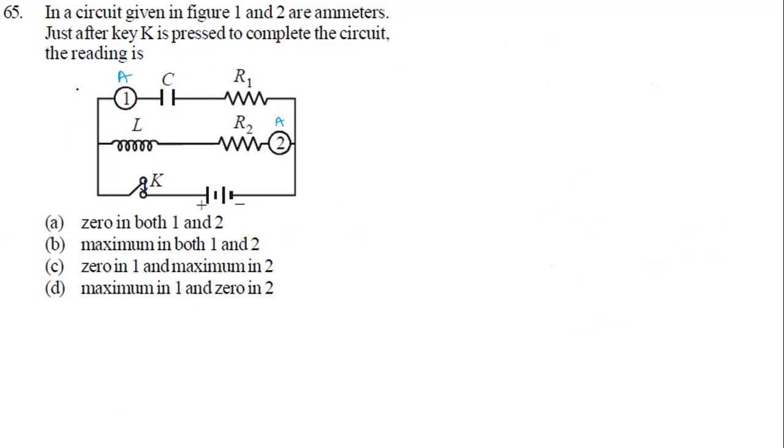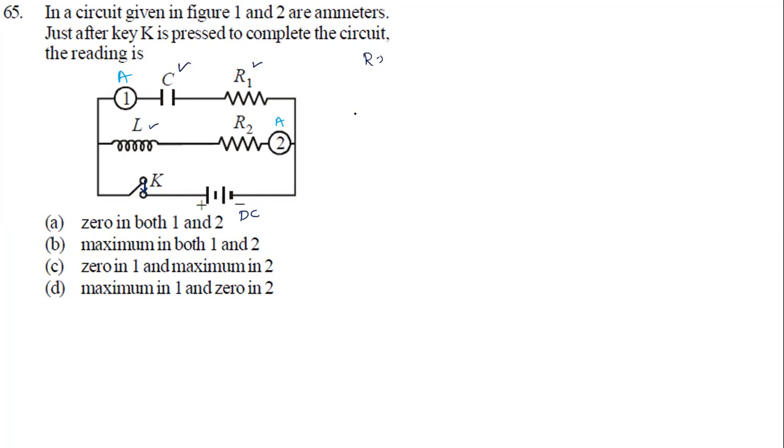Okay. Then the reading is what we need to find out. Look at it now before going to that. What are all given here? Capacitor given, resistor given, inductor given, and the supply is given. Now, a DC supply is given. So here R is the resistance. XC is the capacitive reactance.